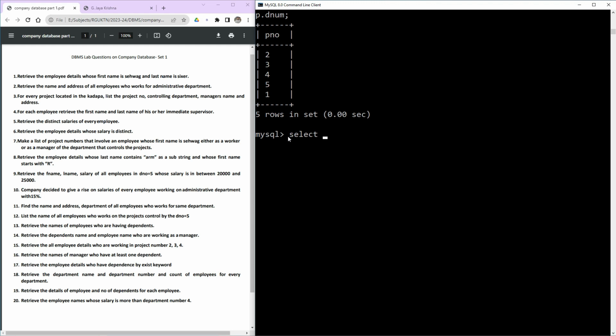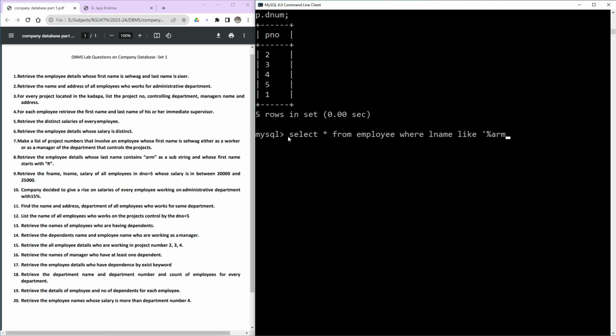right? So basically what you can do is select star from employee, because they are asking for all the details of the employees, but they have given a condition. The condition we can write in the form of a where clause, where last name contains a substring of type R, right? So I can write L name like pattern. Yes, like queries with patterns, we have seen that, right? L name like,